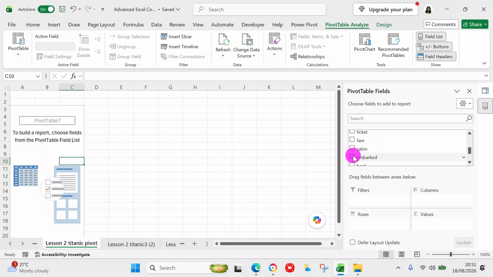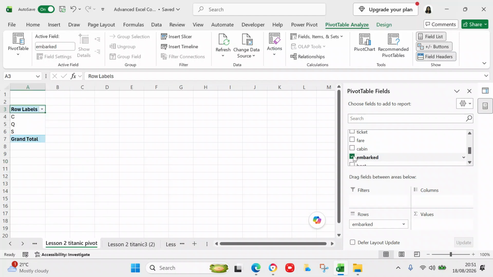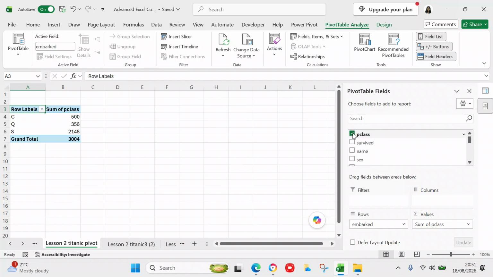So we're going to say embarked. So you got 3 now. That C is for Cherbourg, Q is for Queenstown, and S is for Southampton. And then we're going to come over here to class. So you've got 500 from Cherbourg survived, 350, 500, 356, and